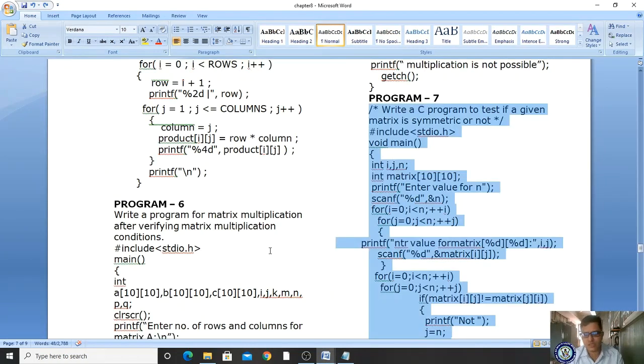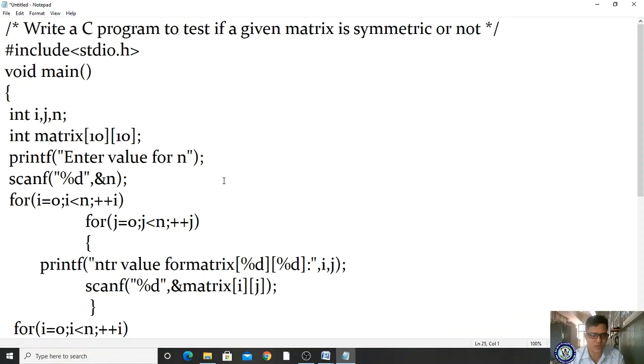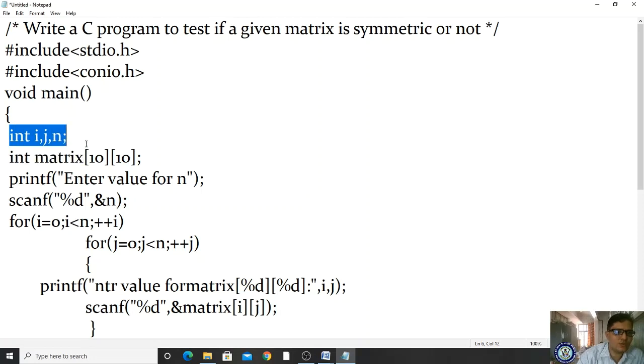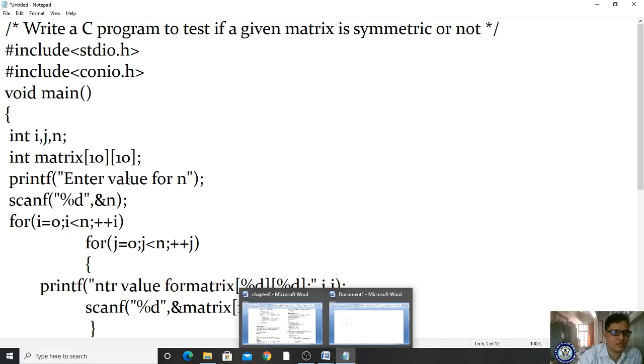We will see how this program works. Hash include stdio.h, hash include conio.h, next void main. First I am declaring 3 variables. As you know, the purpose of i and j is that you are having nested looping, and n is for entering the number of elements.